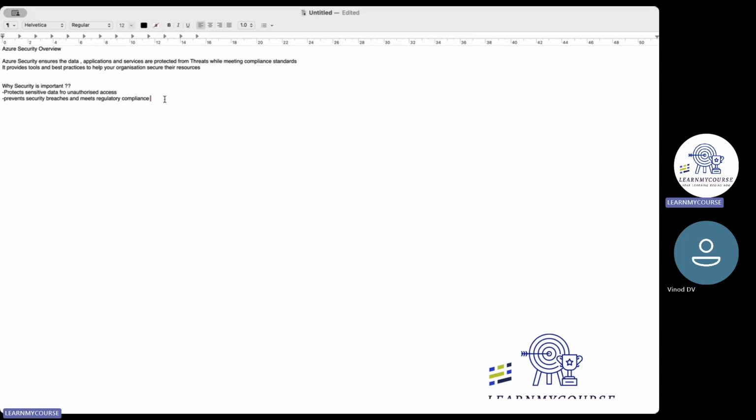For example, if the door is locked by security access and someone tries tailgating without punching in, there will be a sound because of the security breach. It starts alarming, giving some kind of ringing tone. So only authorized people can enter, protecting valuable items. Security is like locks and alarms in your house. That's why Azure security is very important.